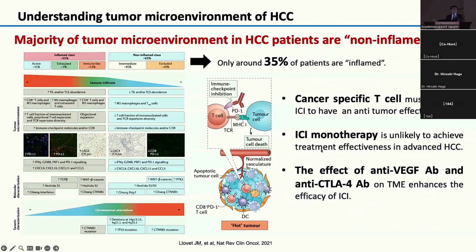Of course, when we look at the tumor microenvironment of HCC, only 35% of patients have a rich inflamed population, and the other 65% is a non-inflamed population. So that's why HCC lags behind in the development of ICI compared with melanoma or non-small cell lung cancer. Of course, cancer-specific T cells, meaning CTLs, must work for ICI to have an anti-tumor effect. But unfortunately, as I just demonstrated in a few slides, ICI monotherapy is unlikely to achieve treatment effectiveness in advanced HCC, so that's why we have to use combination